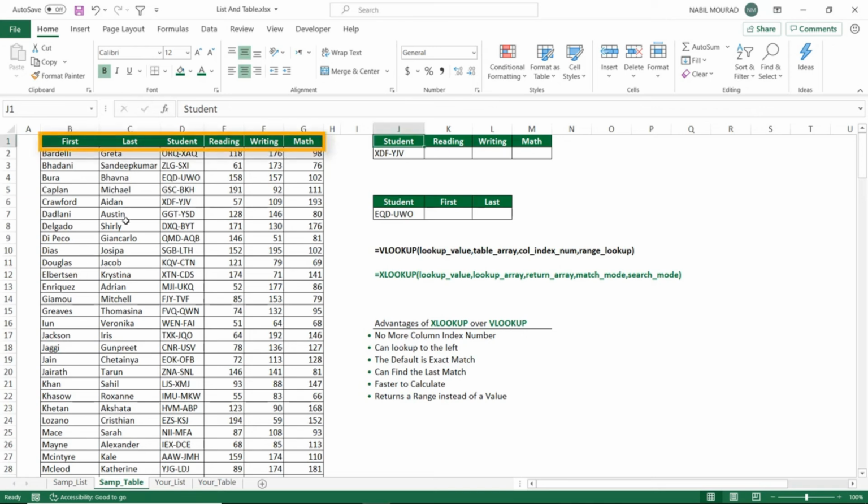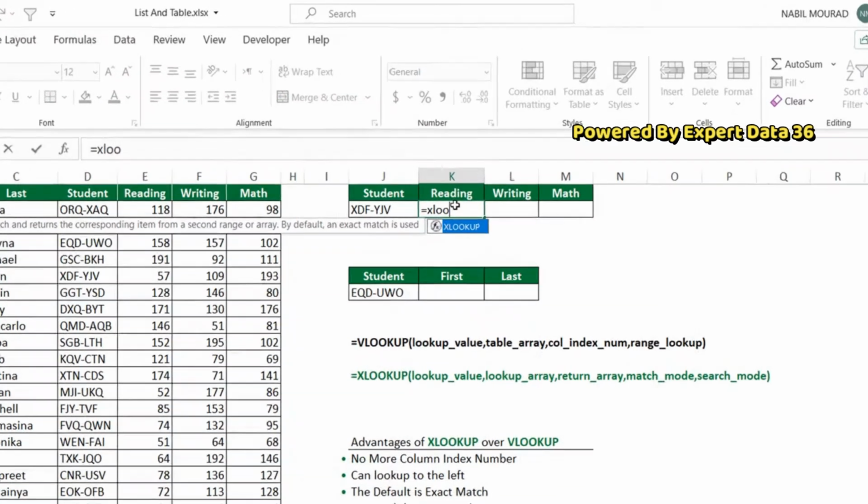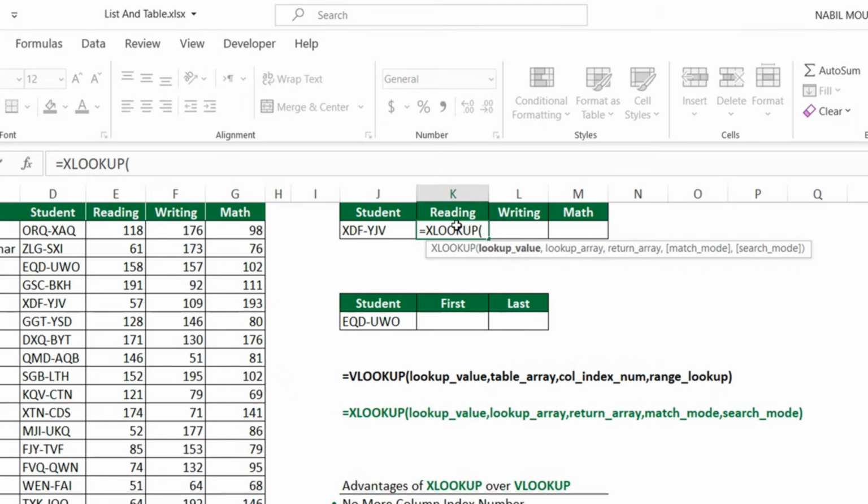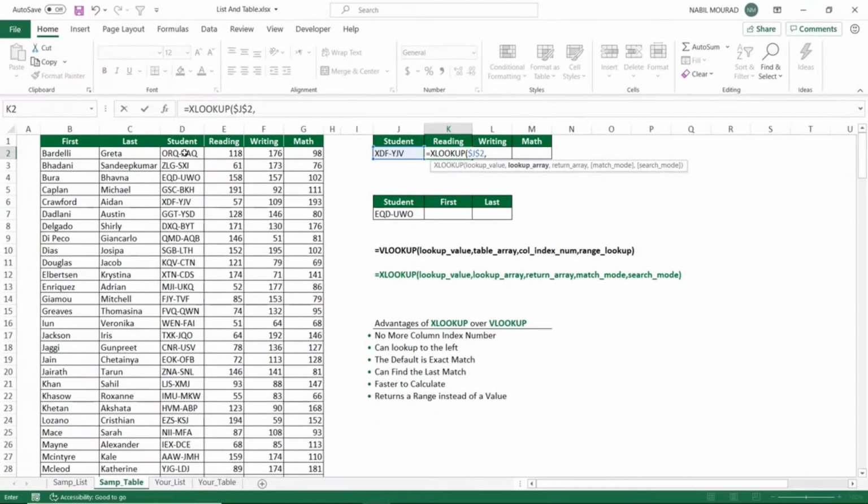Let's see an example. I have a first name and last name, and then I have student codes, reading, writing and math scores. I would like to extract first from the right side. I will be using the student code as the lookup value, and I will type equals XLOOKUP, and because I am using Office 365 with Office Insider, the first argument is the lookup value, and the lookup value is student code. I locked it with F4 because I am copying to the right side, and then